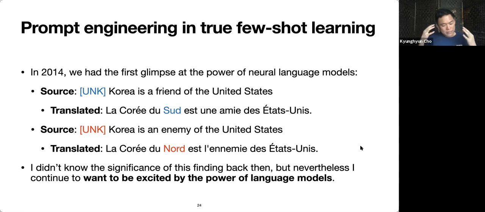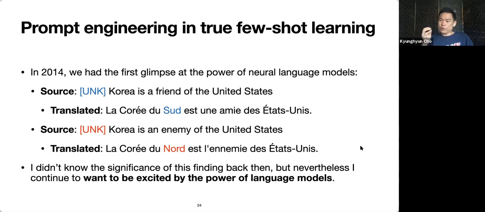What it meant was that this translation system we trained actually had a lot of knowledge of the world and was able to answer some of the questions according to its own knowledge of the world. So yes, I'm extremely excited about this possibility of using a language model as a few-shot learner, multitask learner, or knowledge base, which I believe that Graham is going to talk about after this talk. And I want to continue to be excited by this power of language models.